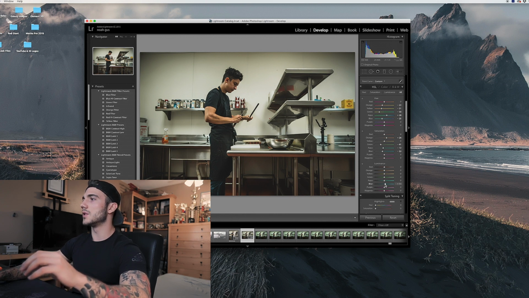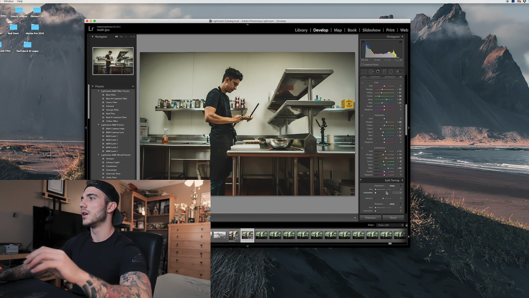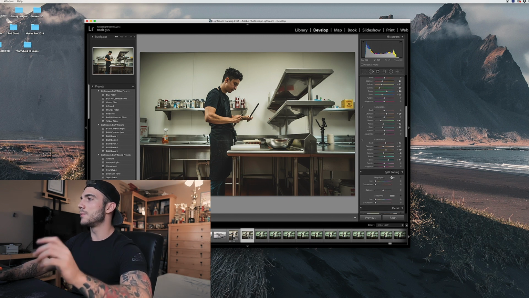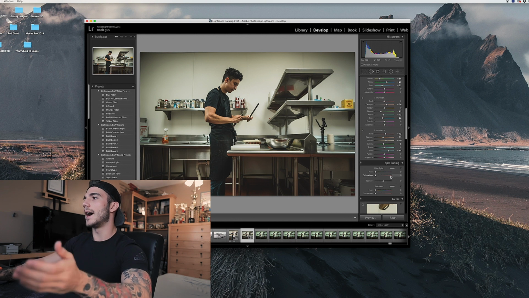So let's go up to the blues, raise the blues quite a bit. The green, just lower it just a bit since it's in the background. The yellow, let's raise it a little bit, and the orange, let's lower it just a bit to darken the skin tone, and the red just to raise it just a bit. I think that's good. So in the split toning area, you have where you can adjust the highlights and the